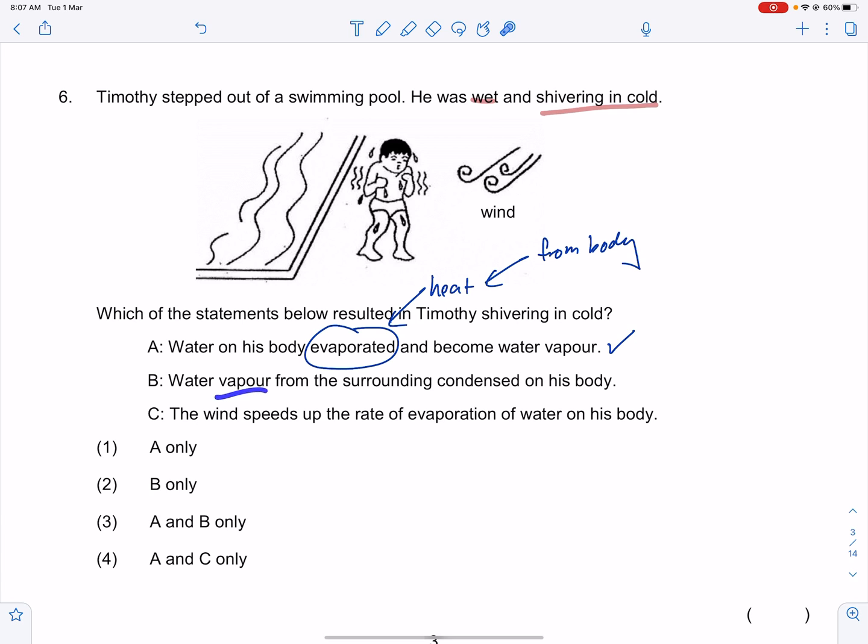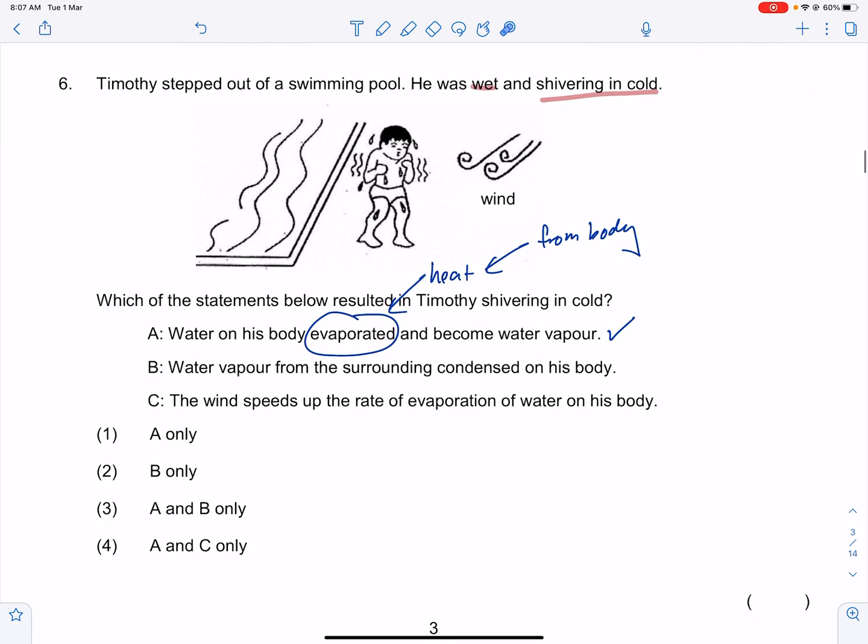Next, water vapor from the surrounding condensed on his body. That's not quite right. Okay, why is that so? That's because if you take a look at it, firstly, the wetness came from him being in the pool, not from water vapor condensing on his body. Secondly,